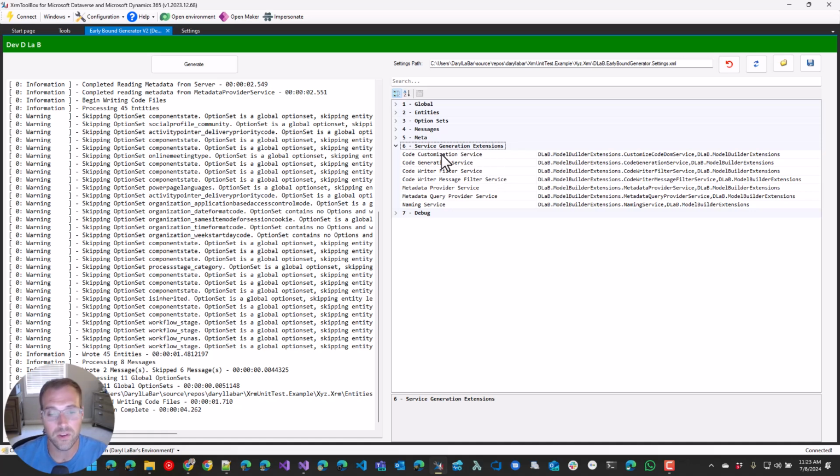So in the model builder, you can define a custom code generation service, or a customization service, or a writer filter service. There's all these services you can define. I've implemented them all and listed them here. If you ever want to create your own and extend that a little bit more, you can always do that